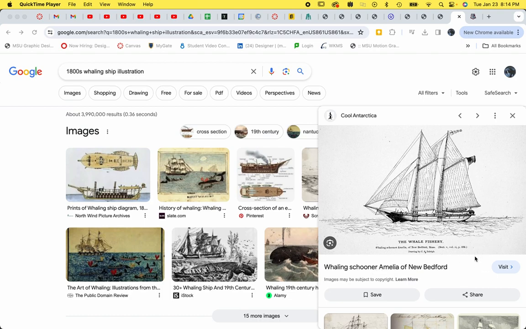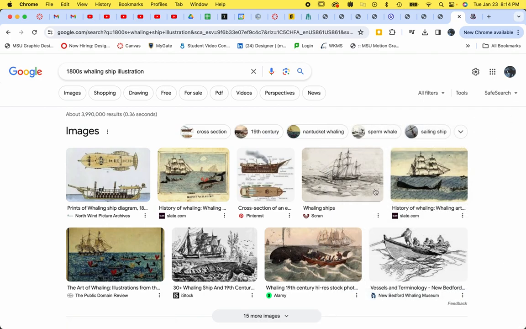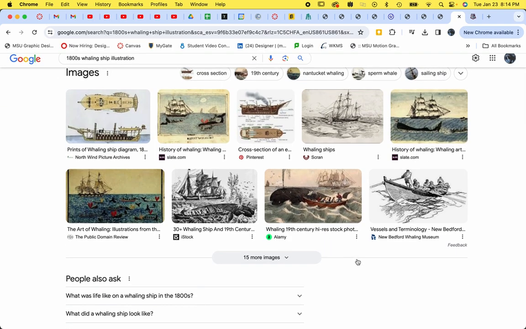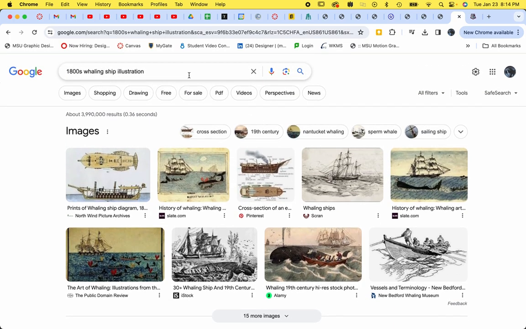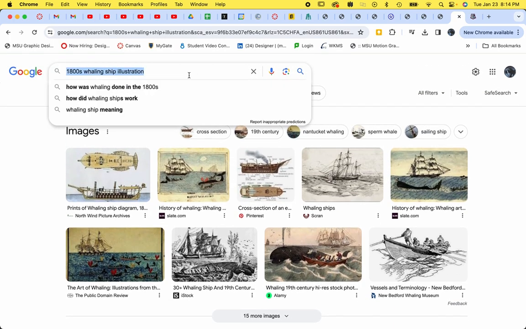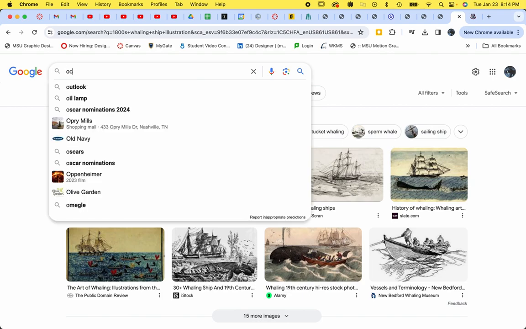I picked it really just because it's 1500 by 933, so I know it's relatively high resolution. So I like that. Some of the other ones also have some kind of grisly, people filleting whales, and I didn't really want those kind of images in my thing. So I saved that, and then I also want to find an ocean